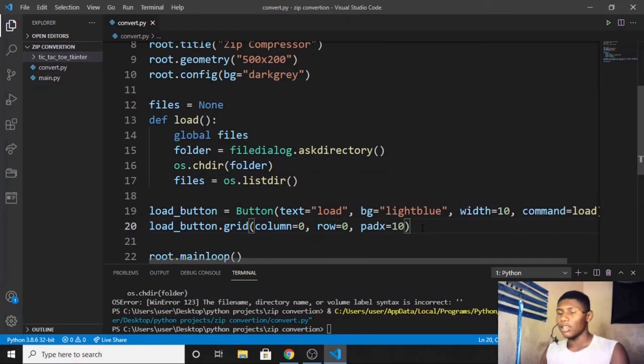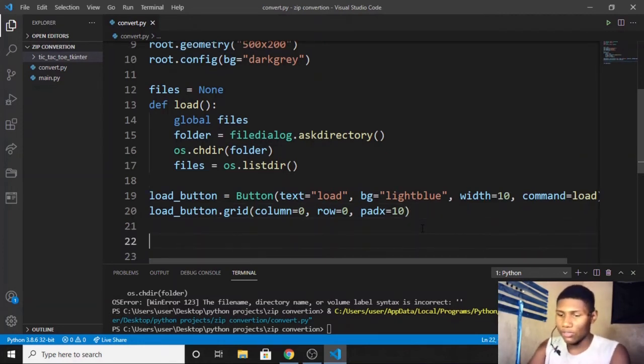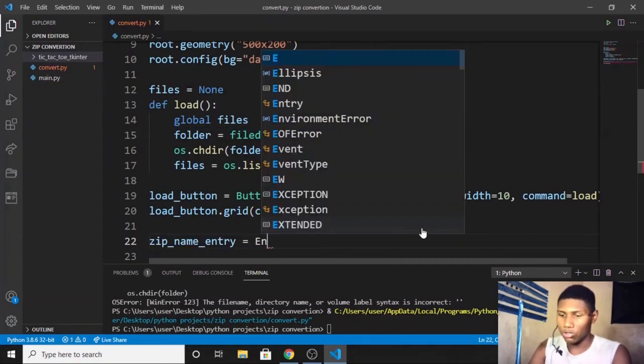And after that, I want to do something else, and I want to provide the user with an entry where the user can specify, okay, hey, I want to rename my zip file, and I just want to give it this name. So whenever I zip this file, I want to give it this name. So I want to provide the user with that entry to choose which name he or she wants to give the zipped file. So I'm going to create an entry, and I'm just going to name it zip name entry. So you can name it whatever you like, and this is going to be equal to entry,